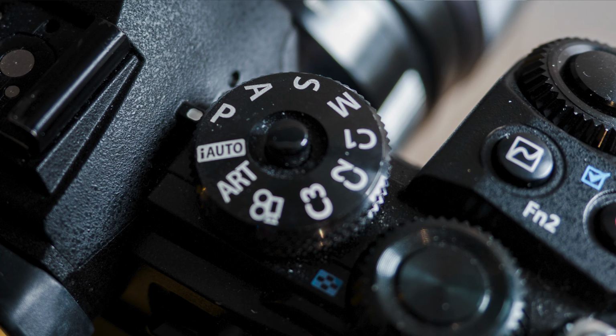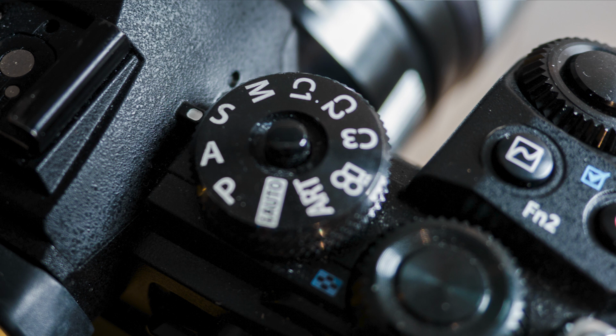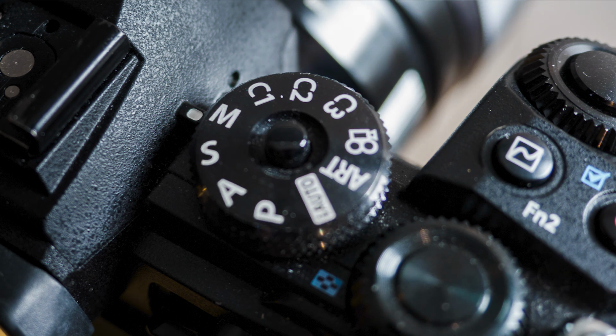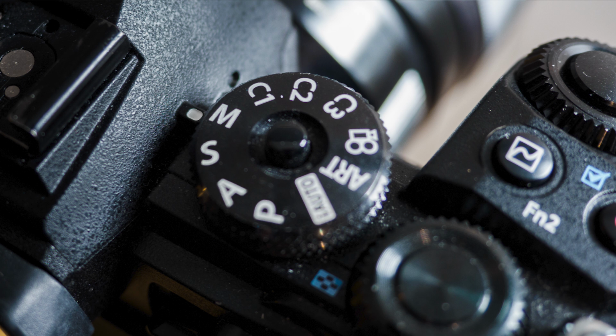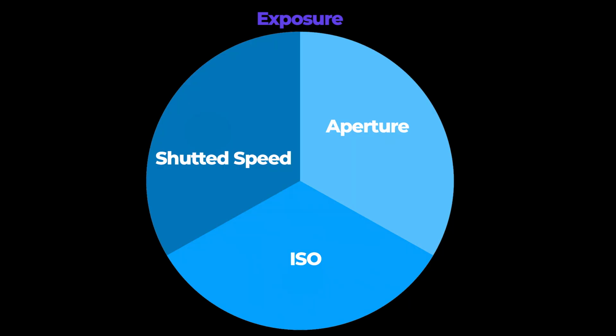Tip number 2, get to know all the different exposure modes. Most cameras have 4 different exposure modes. You have the program mode, you got aperture priority, you got the shutter priority, and then you have the manual mode. It is said that mastering the manual mode is the holy grail of photography, and once you master manual mode, you're a real photographer, but that's kind of a myth. It's not really that way. I think understanding the tip number 1 and all what that means is the most important thing. But let's get back into the exposure modes.